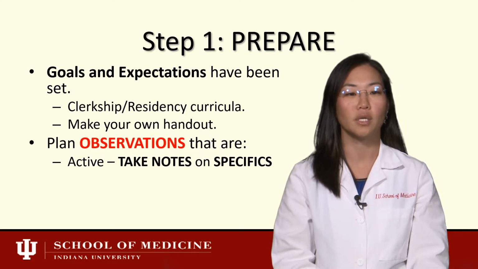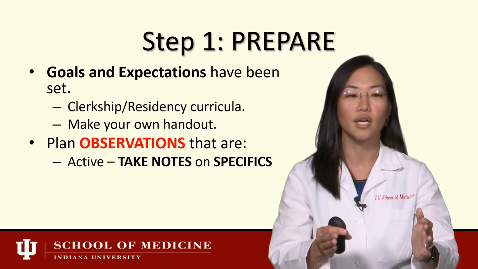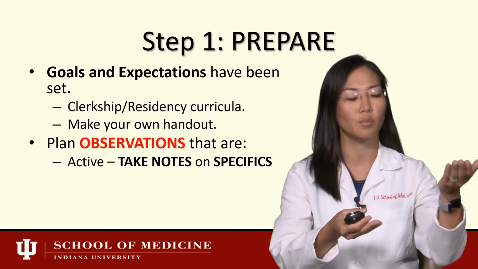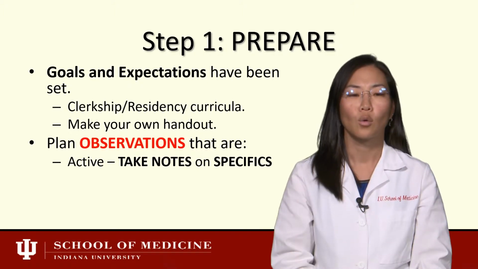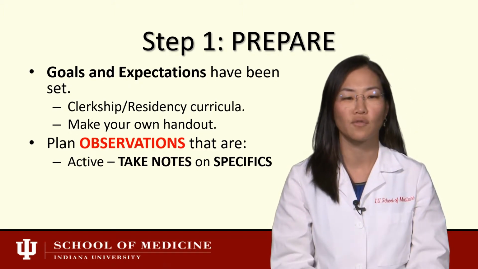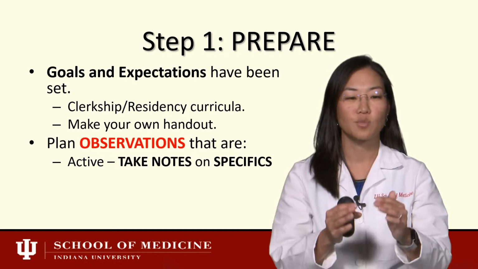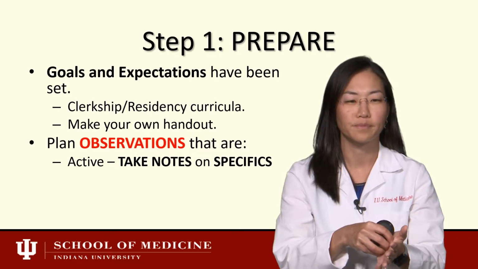Another example would be, "Nice job with our complicated patients." Not as helpful as, "You did an excellent job balancing volume management for that complicated cirrhotic patient with hepatorenal syndrome." When vague, your student is not quite sure what you are asking them to fix or continue, although you may think it obvious. Specifics ground your feedback in actionable items for improvement.